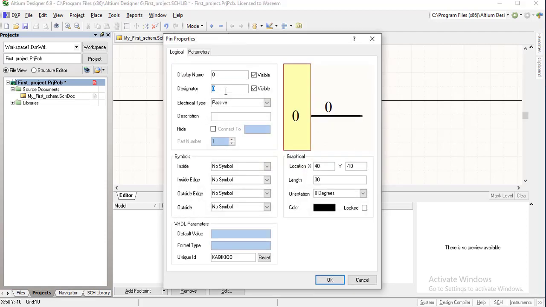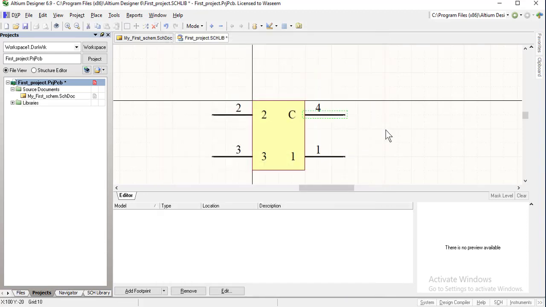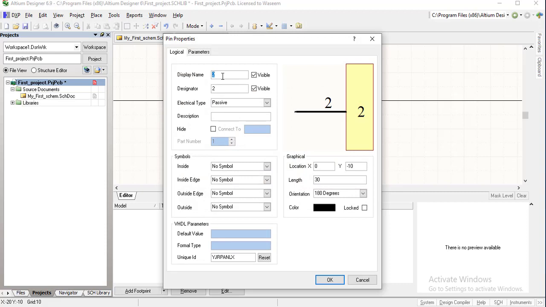The designator is the pin number, and the display name is the functionality of the pin. So we can rename it as, for example, C. Let us assume that we are designing the schematic model of an optocoupler. In an optocoupler, normally there are 4 pins.